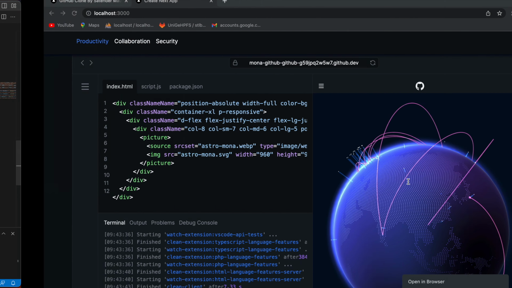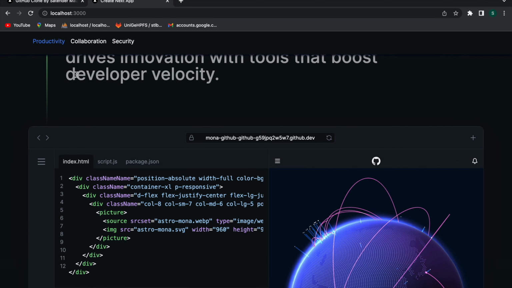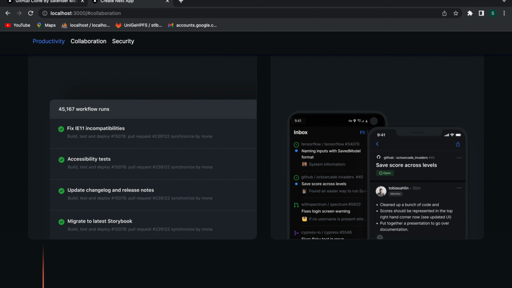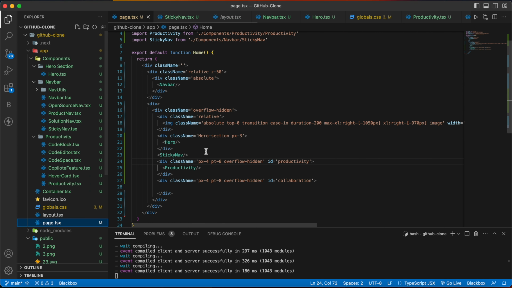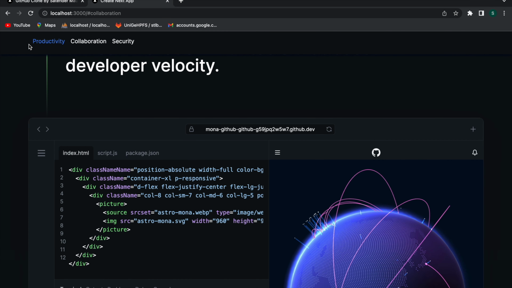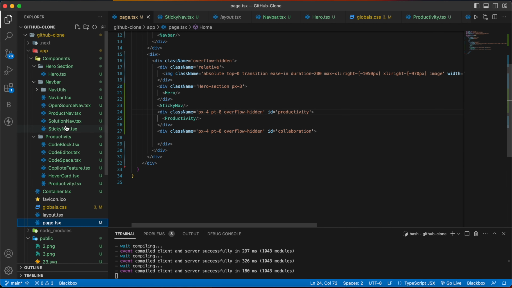Let's save it and go here. And as you can see, now we have all three menus. Now if I click on collaboration, we get directed here because we have added a collaboration ID here. And for security we did not get anywhere because we haven't added it. So with that our left part is ready. Now we have to work on the right part. So for that go back to the sticky nav,